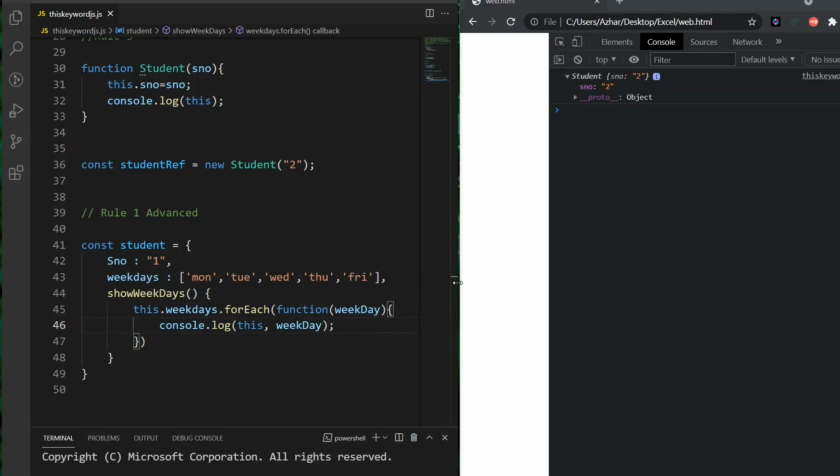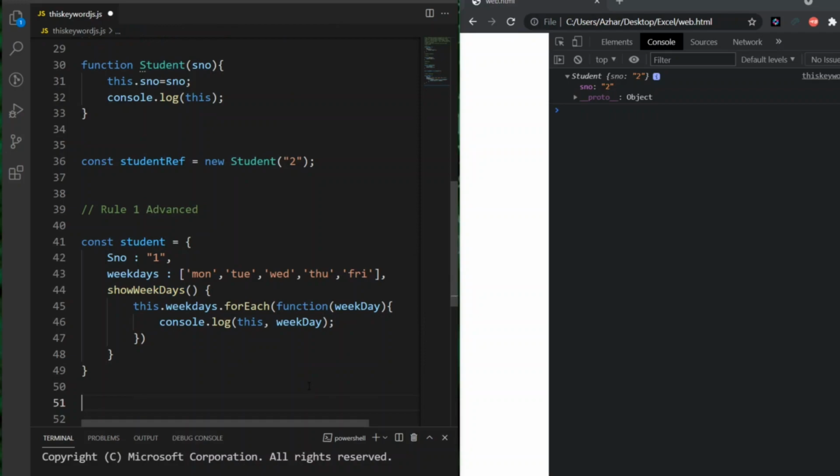Now this might create a little bit of confusion, so we will call this function, this method, in this object. I'll take student advanced as an object.